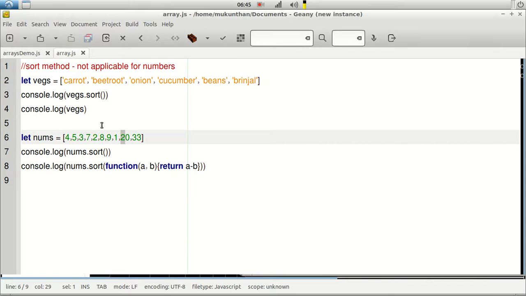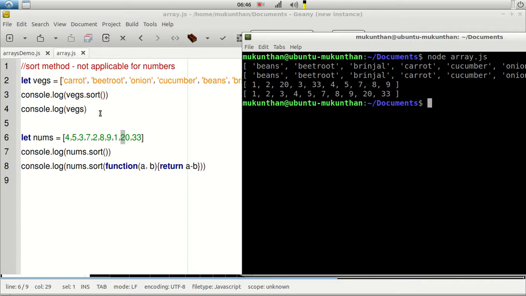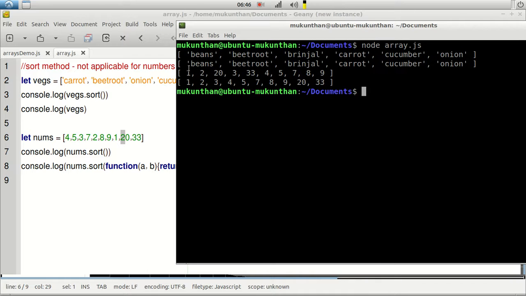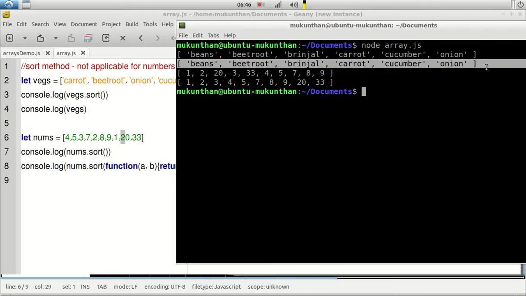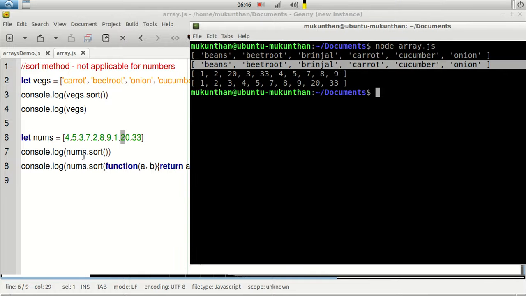So let's say if you are applying the sort over any array, will it impact the actual array, or will it create a copy of that array and sort it? In order to understand this, after sorting I have printed the original array. Both outputs are the same. That means that the sort method actually mutates, or changes, the original array. So that's the reason, even after applying the sort method, you are seeing the original array having the sorted values.